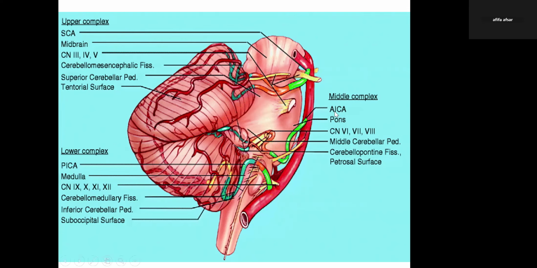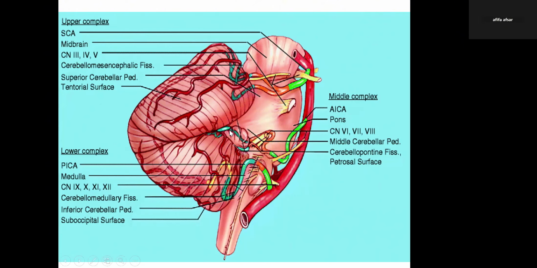Then we talk about the middle complex. The vessel that is associated with the middle complex is the anterior inferior cerebellar artery, which is popularly called the AICA. And the AICA is a branch of the basilar. So here we can trace down that this is the AICA in green, which is present here, and it's arising again from the basilar. The nerve complexes that are seen in the middle complex include the cranial nerve 6,